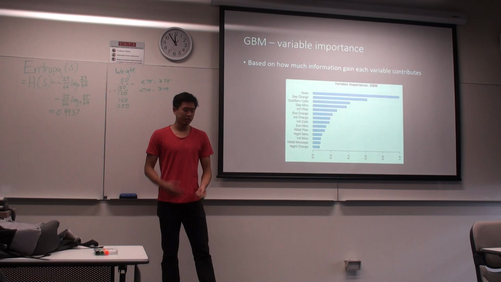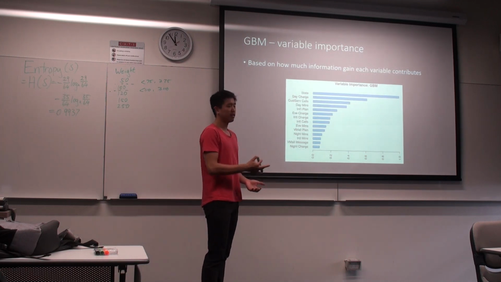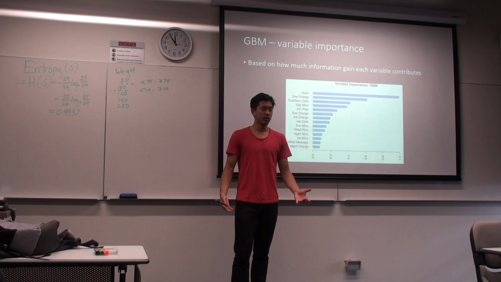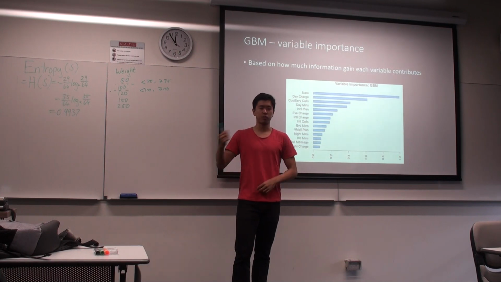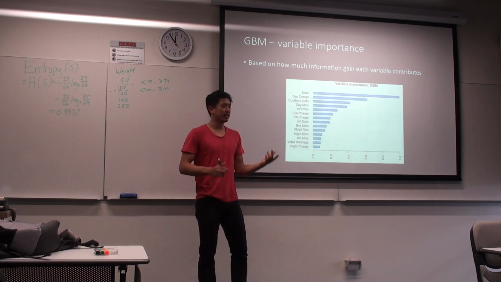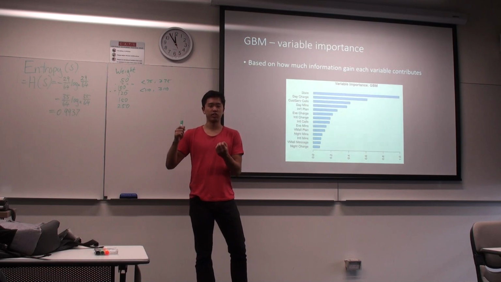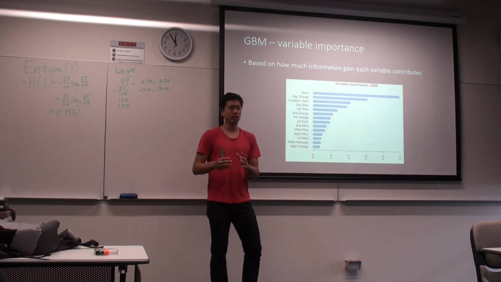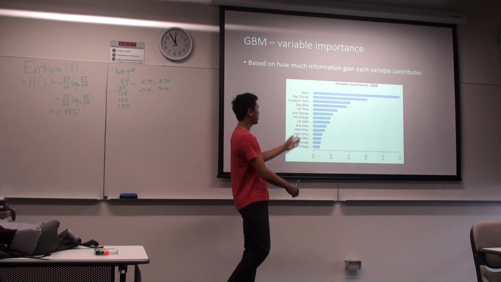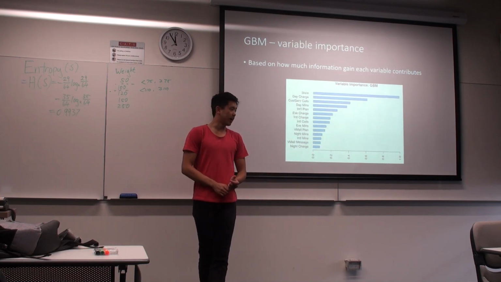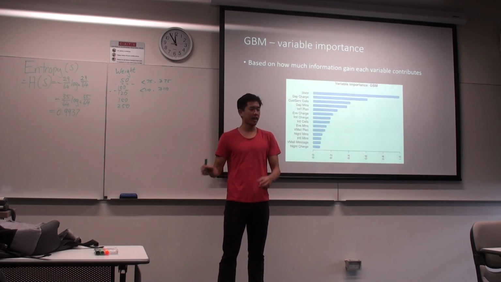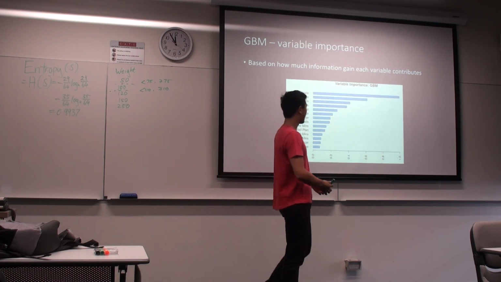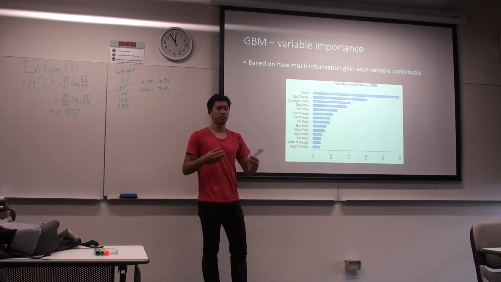Another thing that GBMs are good at is telling you which variable is important. The way it does that, remember, these are all made from decision trees, and trees split things and record the information gain. So if variable A gives you a huge information gain, and variable B gives you a slight information gain, then you might say that variable A is more important in determining the end predicted value. If we have hundreds or thousands of these trees, we can look at which variable was split on each tree and how much information gain resulted from splitting on each variable. From there we can calculate how important each variable is to predicting our